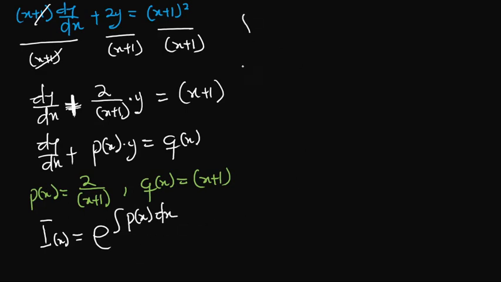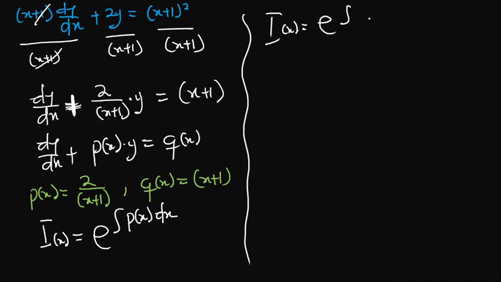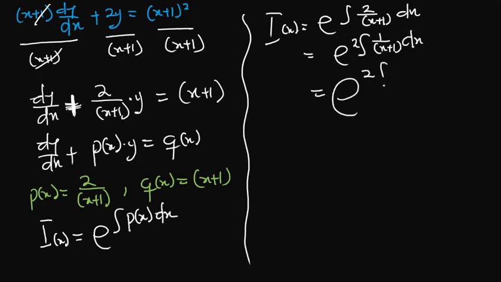So we have our integrating factor, I of x, equal to e to the integral of P of x, which is 2 on x plus 1, dx. So this is e to the integral of 2, which is a constant, so we can bring it outside. Then we have 1 over x plus 1 dx. So we can rewrite this as e to the integral of 2 times (x plus 1) raised to the power negative 1